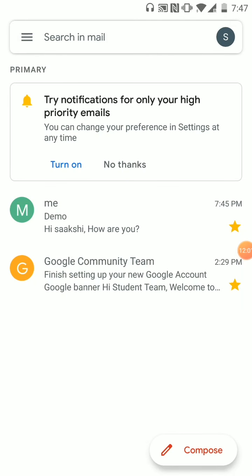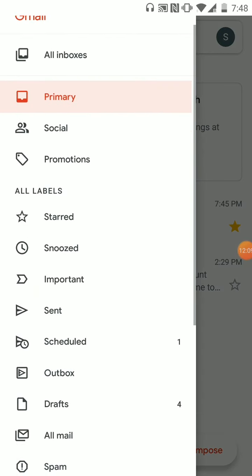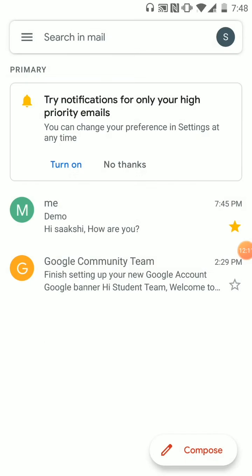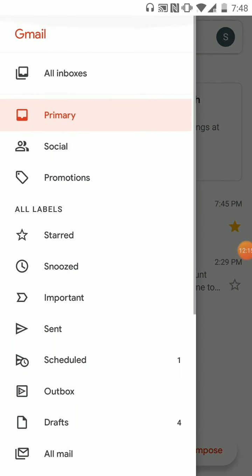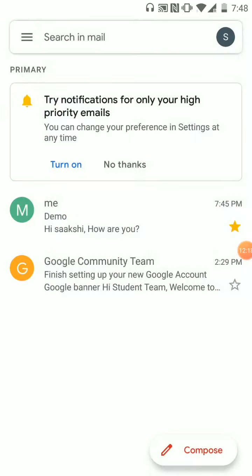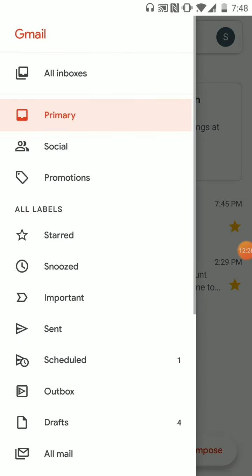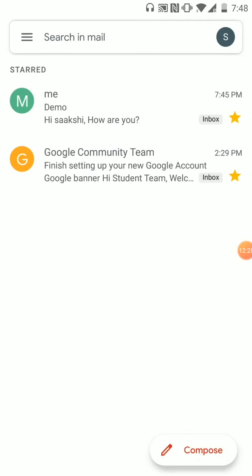So I have starred the first mail that I got from the Google team, and I can unpress it to remove it from the starred label. If you have some very important mail that you want to save and check later, and you do not want to go through your entire inbox and search for that mail, you can star the mail and you will easily find it in the starred folder.